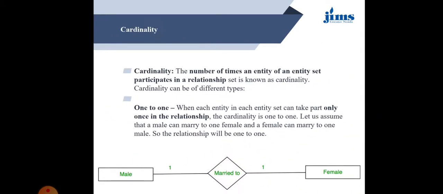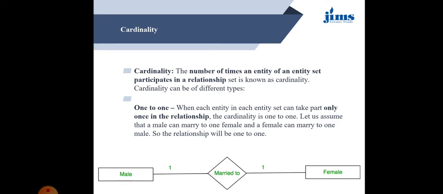So coming to the point, cardinality means the number of times an entity of an entity set participates in a relationship. Cardinality can be of different types. The first one is one-to-one, when each entity in each entity set can take part only once in a relationship.